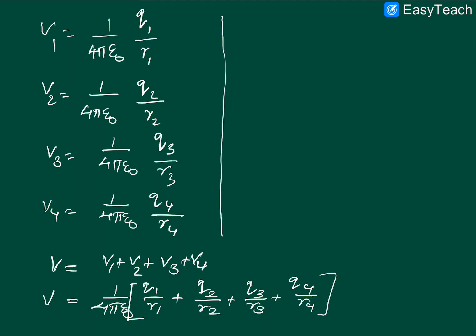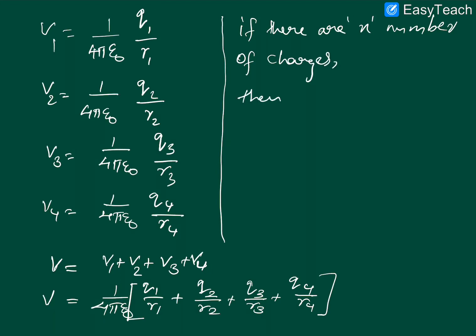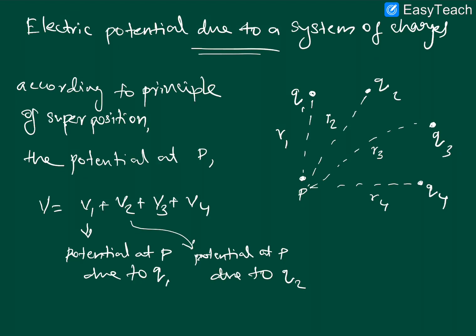Now if there are n number of charges, then in the same case, if you imagine there is a Q5 here which is at a distance R5, there is a Q6 which is at a distance R6, like that so many charges are there, then potential at P